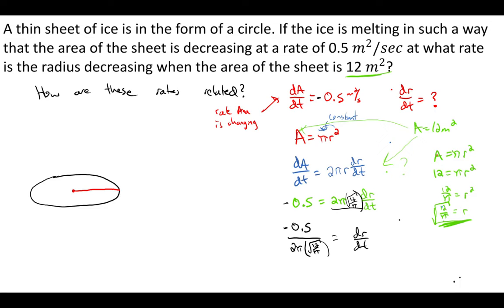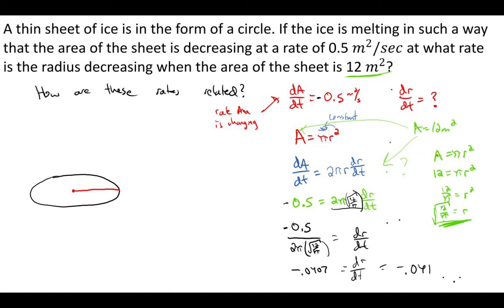Just type it all in as is. Don't try to round or anything to the very end. Divided by that whole thing in parentheses there, 2 pi times the square root of 12 over pi. And we should get negative 0.0407. The AP test generally wants you to round to the third decimal, so this would round up to negative 0.041,